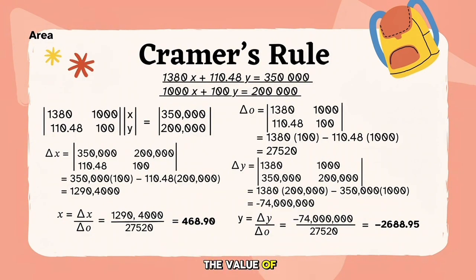Finally, to find the value of x, we divided delta x, which was 12,904,000, by delta naught, which was 27,520. This gave us 468.90. To find the value of y, we divided delta y, which was negative 74 million, by the same delta naught. This gave us negative